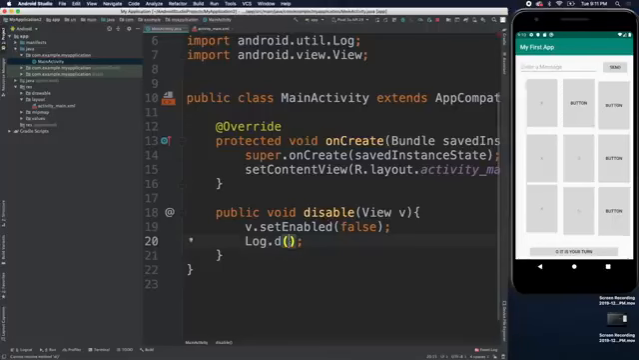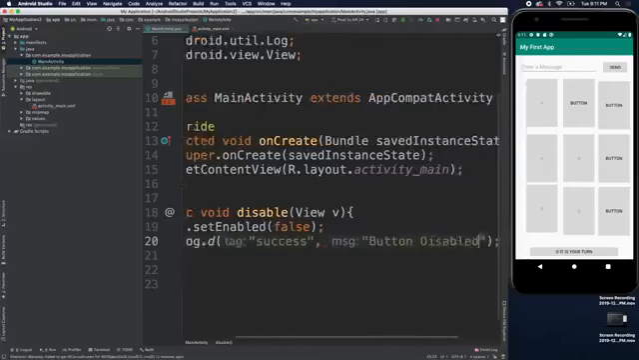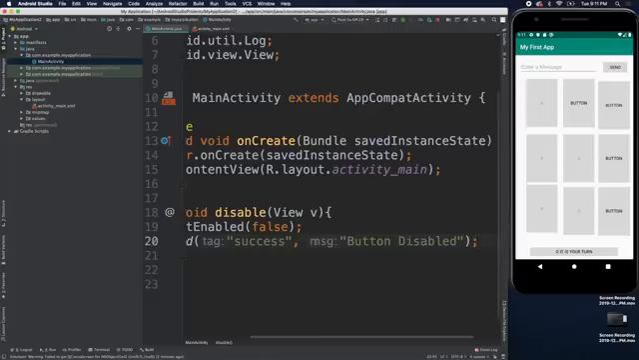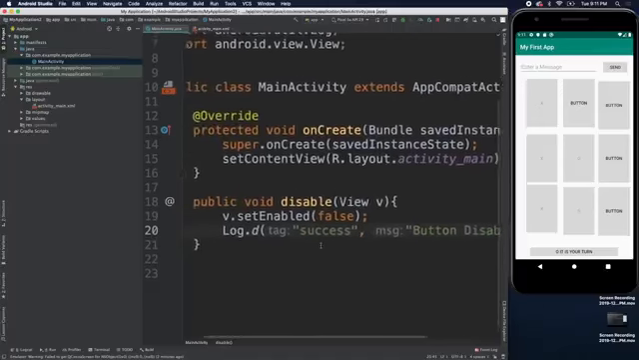So the first thing is kind of like the category, or what you might categorize it as, which is what I just said. So we'll just say success, and then comma. This is where we put a message. So we can say button disabled, or whatever we want to say right there. Now, when we run this,